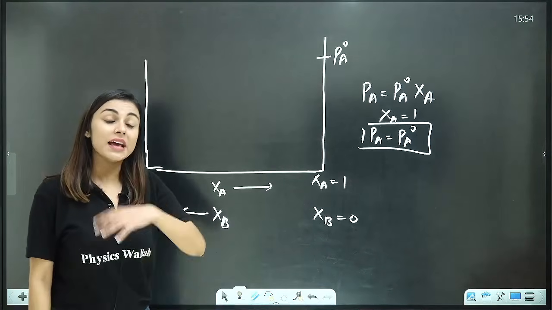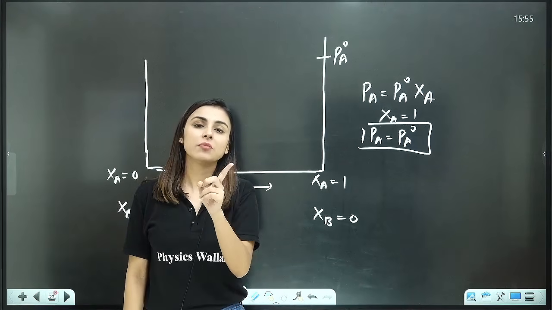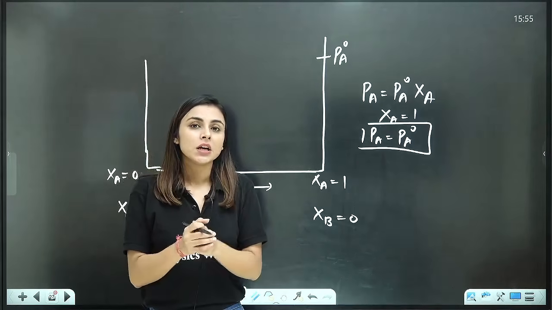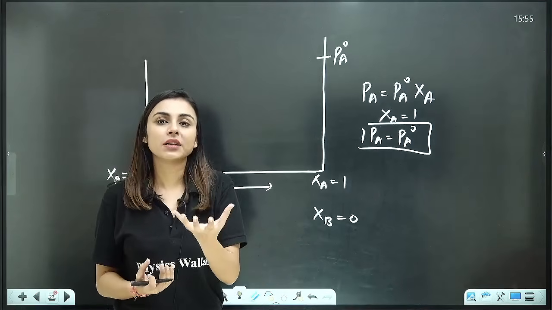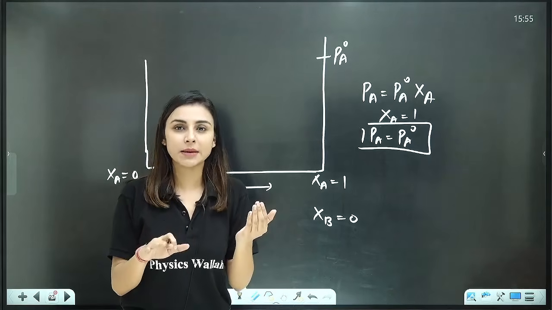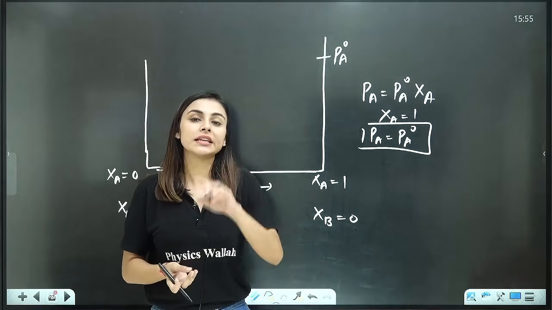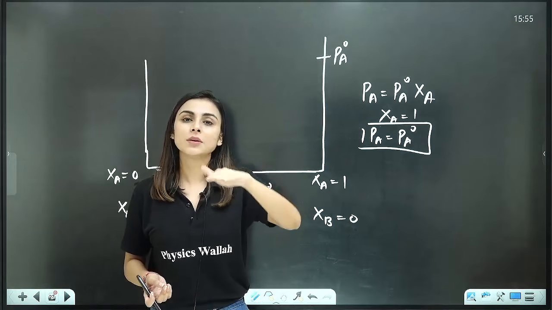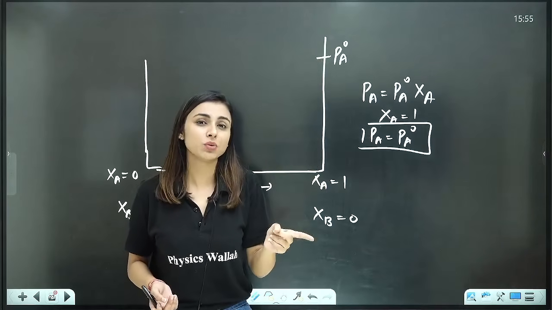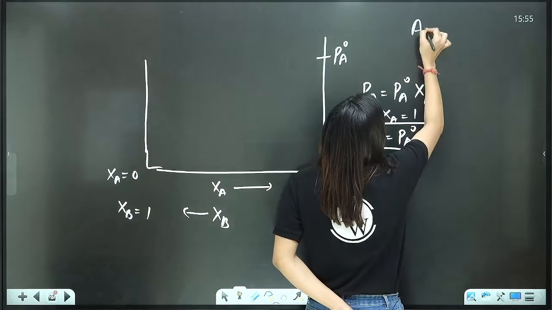Now, when you have two volatile components, one of them would be more volatile and the other less volatile. What is volatility? It is when a component has more vapor pressure at the same temperature. If we say that out of two components one is more volatile and one is less volatile, then you are comparing their vapor pressures at a particular temperature. If a component has more vapor pressure at the same temperature as compared to the other, you call it more volatile. So if I say that A is more volatile,